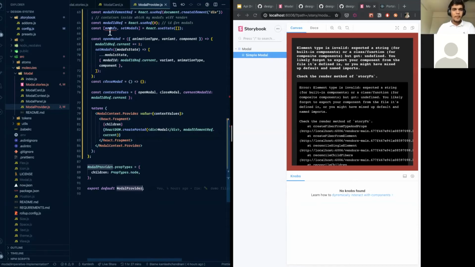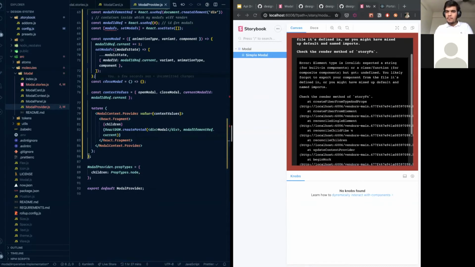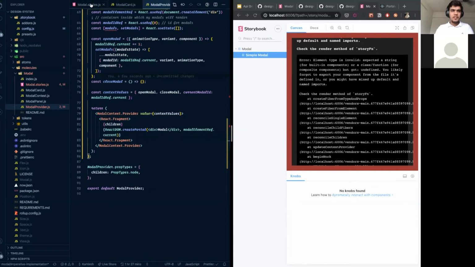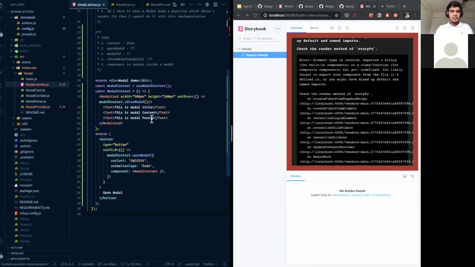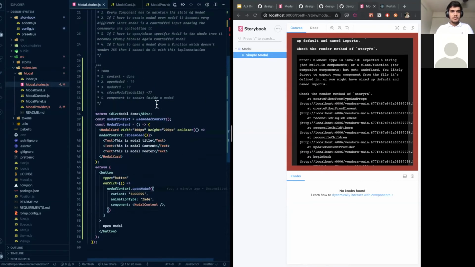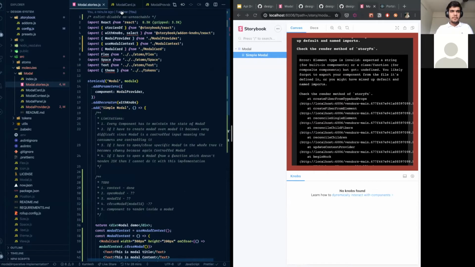Content button, open model, story FN. Sure, I guess it's not able to pick up the config.